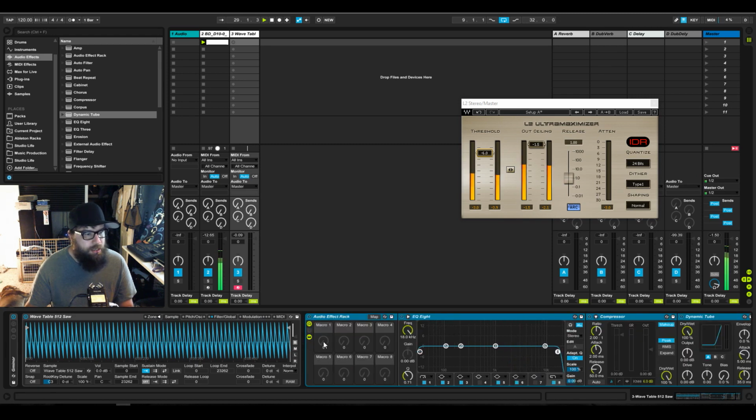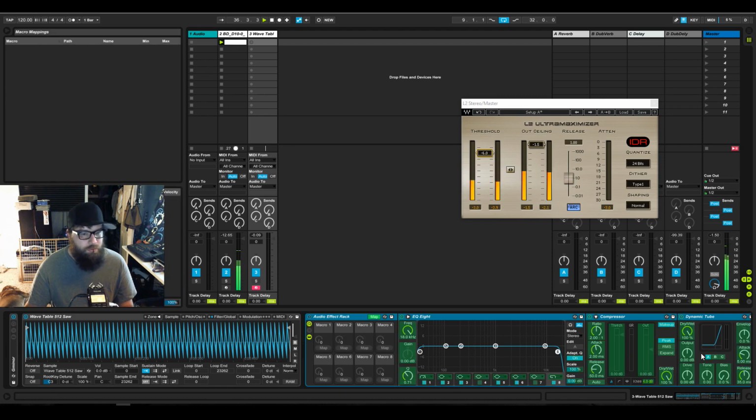And what's nice about it is you have these macros here. I wish you could have more than 8. There's ways to kind of trick it, but I wish you could have more than 8. I would like maybe 12 to 16. But whatever, 8's fine. I make it work. And then you can map these to different parameters. Anything in green you can map to one of these buttons, and you can map multiple things to these buttons. So if you want 3 things to change at once, you can do that.